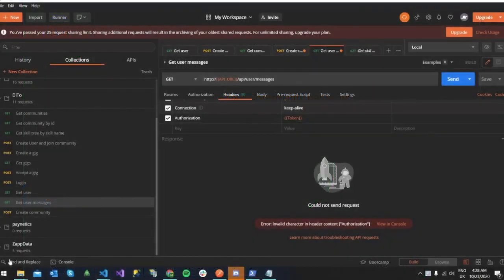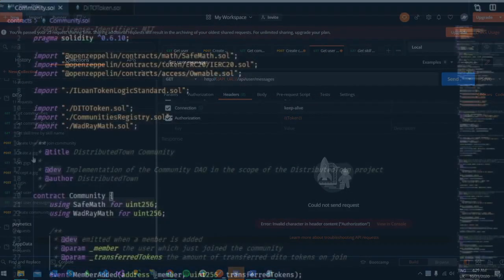I'm Milena and I'm working on the backend and off-chain data management of DistributedTown project. Our technical stack is Node.js and Textile, ThreadDB and Mailbox. We use ThreadDB for a database. We have a thread per community, and this way we store the community data privately. And we also use Mailbox for intercommunication between the communities when needed.